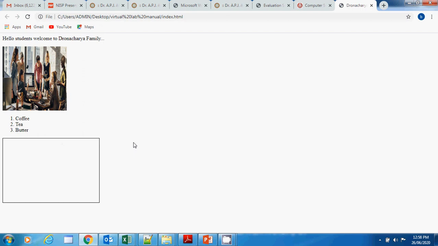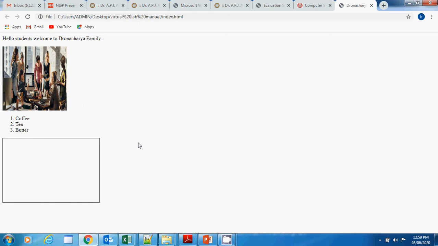Now whatsoever thing you want to have inside this div, you can have images, links, videos, iframes, whatsoever things you want to display, you can have in this div tag. Remember one thing, nowadays companies are using the div tag in place of table tags, because the response time is very fast using the div tag. The page loads very fast if you use this div tag, right? So this is a very important tag for the current scenario, right?